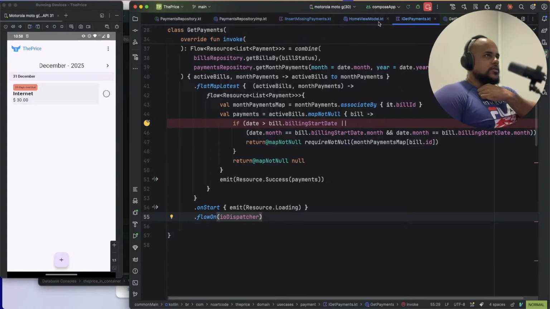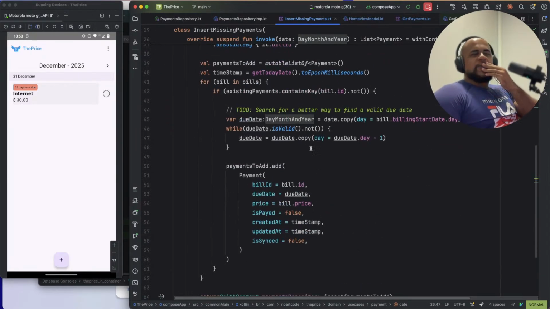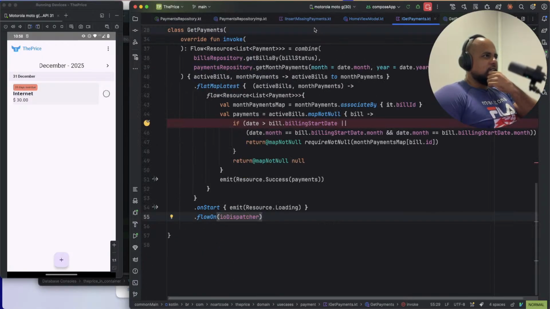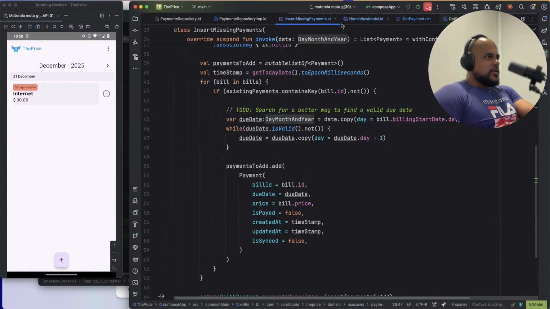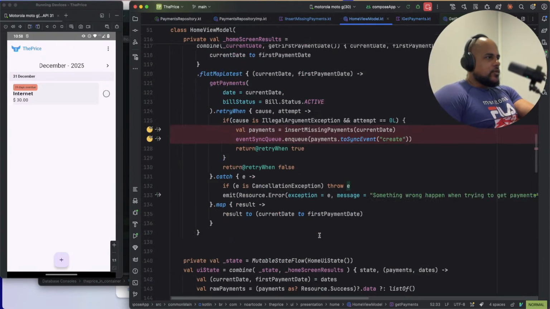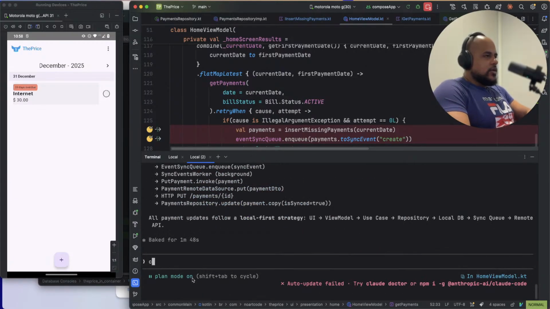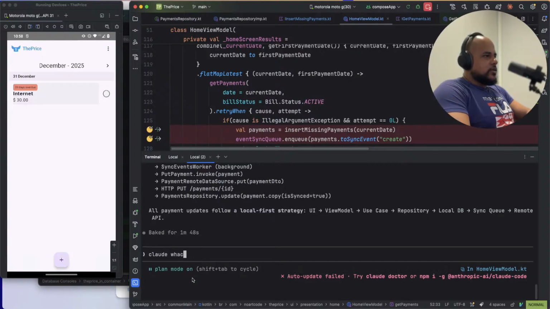No, this is crazy. Retry. Why am I retrying? That's my question. Why are we retrying? We should not enter in the retry. Okay, let me ask Claude, because maybe I'm using this really wrong. Claude, what causes, okay, no. Claude, analyze this. Analyze the get payment